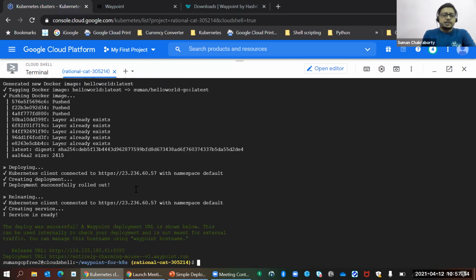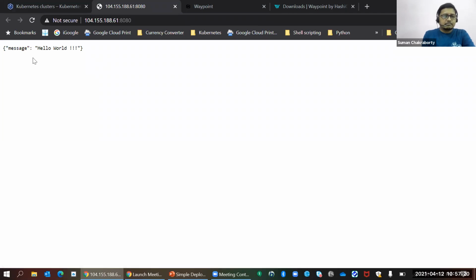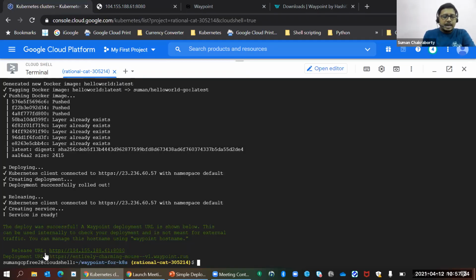And now it's ready. So it already gave me a release URL here, which if I click will just tell me that my application is now running. It's just a hello world that it has printed. And if you can see, there's a second, deployment URL, which is with waypoint.run, and this is an internal URL that it has created.